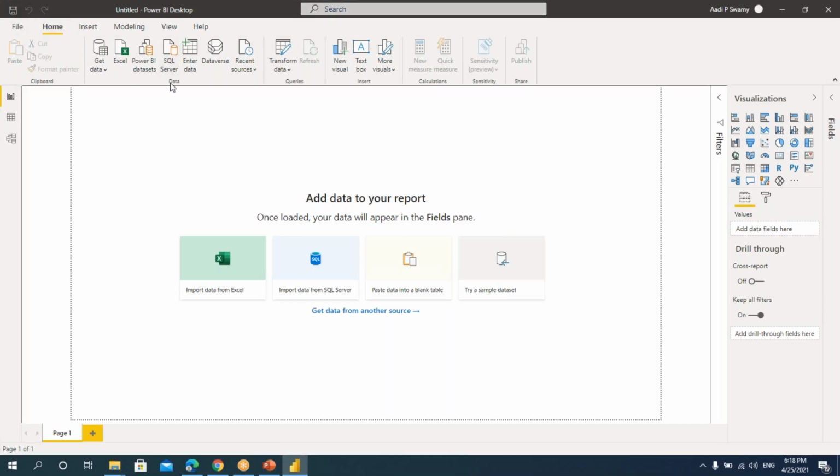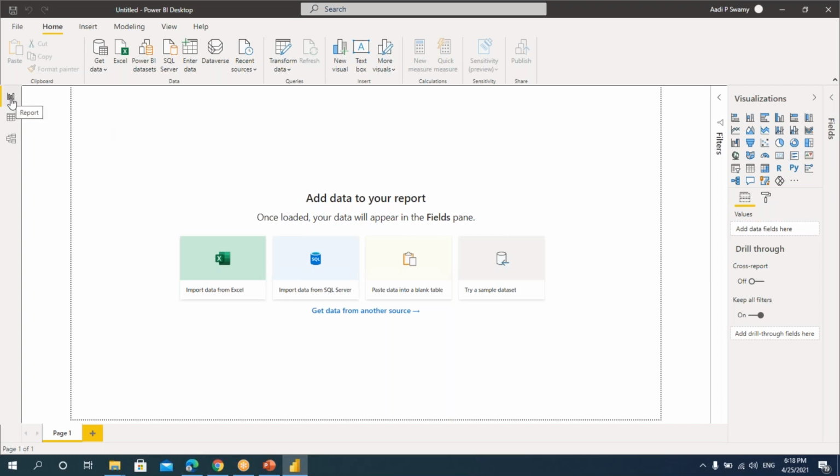After seeing this ribbon, here we have three different windows. So this plays a very important role in my designing of the reports and the dashboards. We'll see one by one what we have in this tab, but before that, we'll also understand about these three different tabs, which will help us in creating the dashboards.